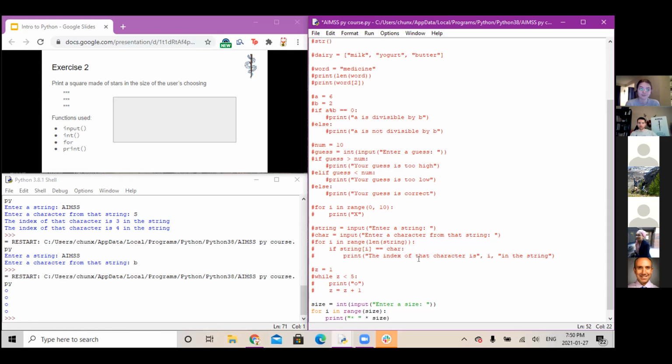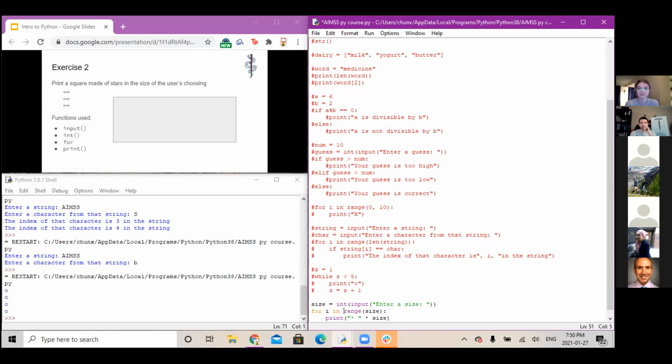Okay, so what this essentially does is that this will probably give us a line that is made out of stars that's the size that the user desires. So if, for example, the user enters 3, like we said before, this input will take that number 3, and then this will convert it to 3, and then this will make sure that the program remembers 3 means size. Now, using this for loop,